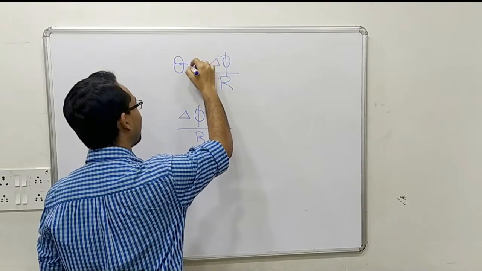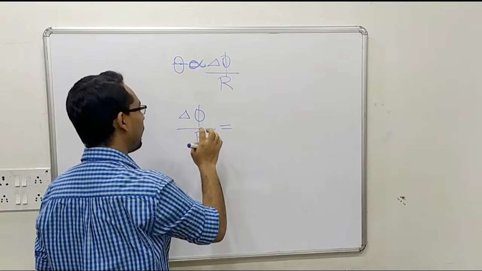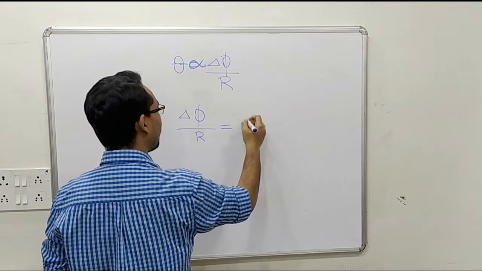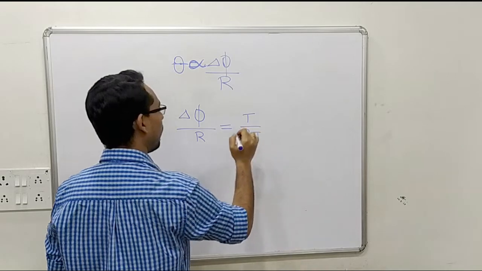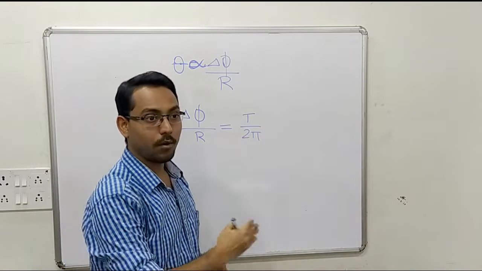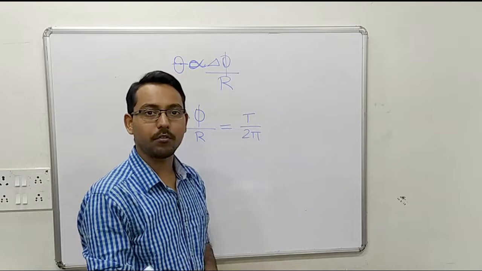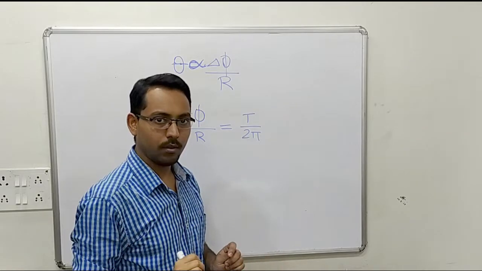The exact formula will be flux change by R is equal to T by 2 pi, where T is the time period of natural oscillation, free oscillation without damping,